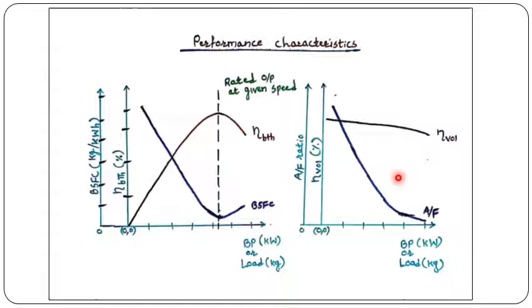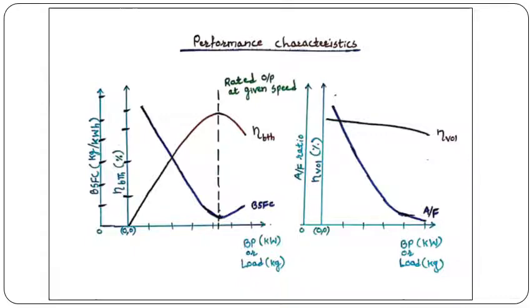You can also measure the emissions using an exhaust gas analyzer, and you can note down the pollutants such as carbon monoxide, unburnt hydrocarbon, carbon dioxide, oxygen if any in the exhaust, NOx, sulfur dioxide, and all these pollutants can be obtained at different loads, and this emission characteristics can also be obtained. So this is about the performance characteristics and emission characteristics.